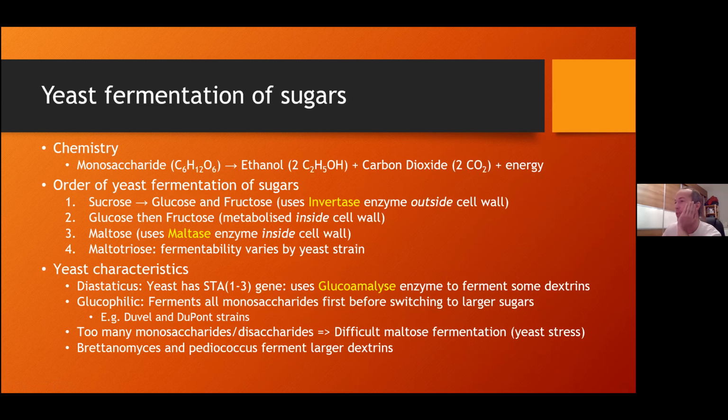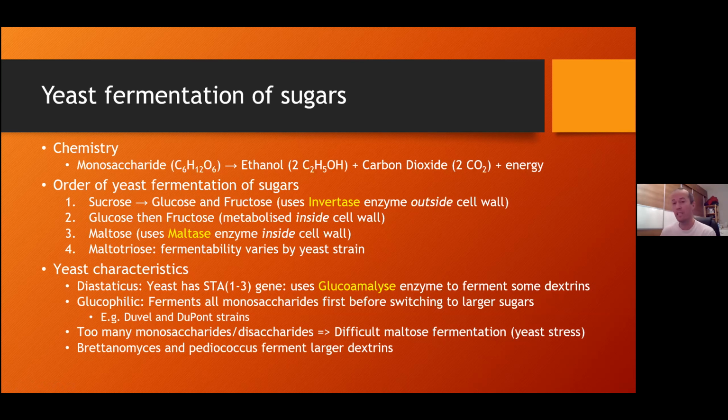So why? It's actually because yeast cannot ferment it inside its cell walls. So what it does, it first releases something called invertase, which is an enzyme, and you actually get this inside mash as well, which is why your sucrose is so low in the mash. So invertase actually breaks down sucrose into glucose and fructose, and it's done outside the cell wall. This is a really interesting fact about fermentation, because you actually need a lot of yeast cells to first do this, because the yeast cell needs to create an enzyme in order to break down the sucrose first.